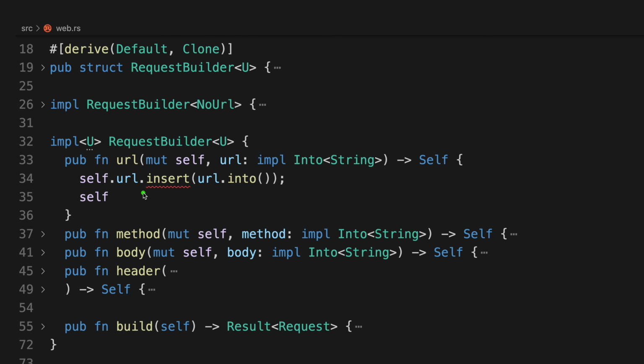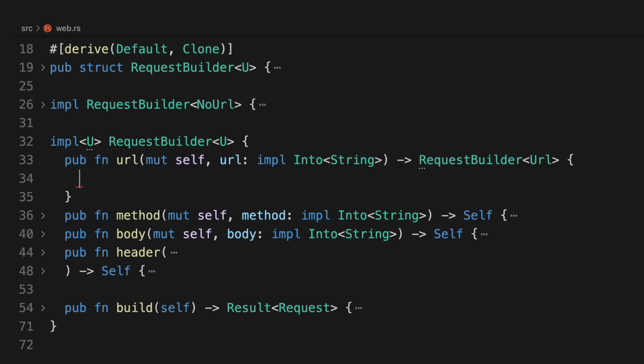First, the URL property is not of type option anymore, so the insert does not make sense. And actually, the URL method must return a request builder of URL. That is the whole point of the function, because it defines the URL value. So in the body, we need to return the new data